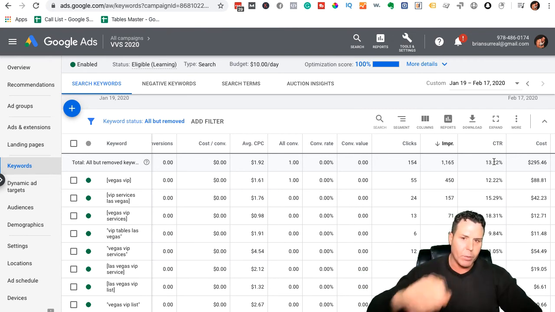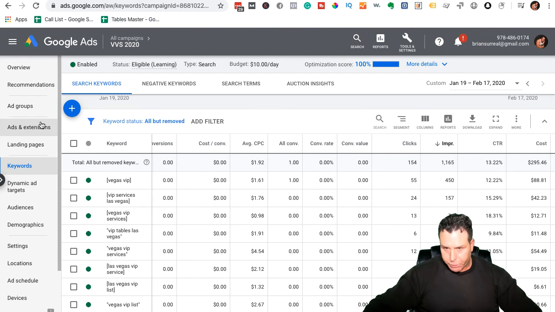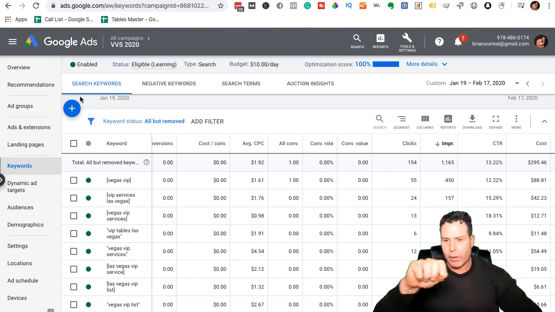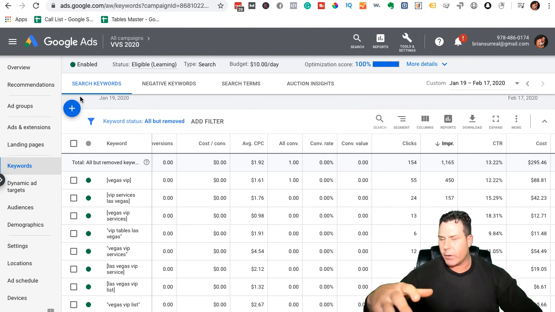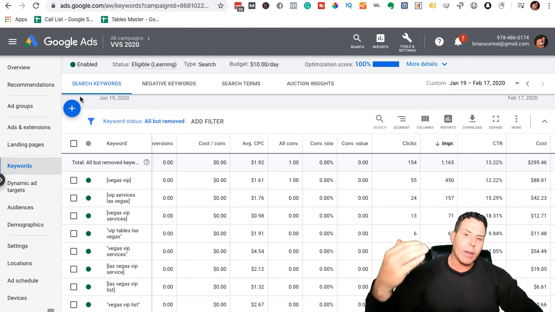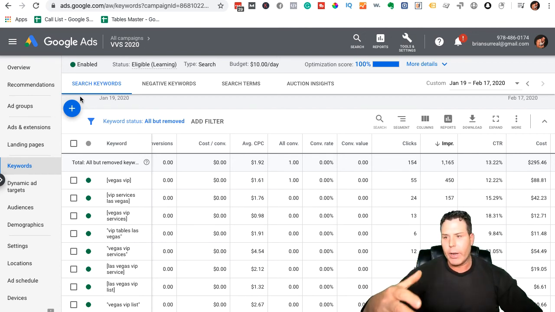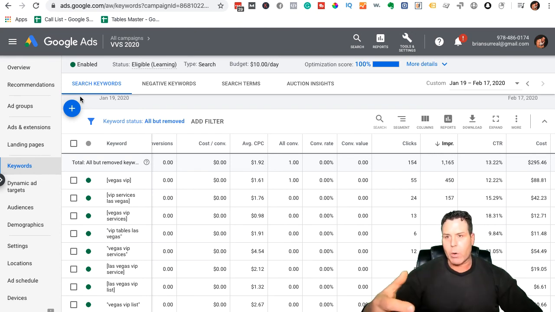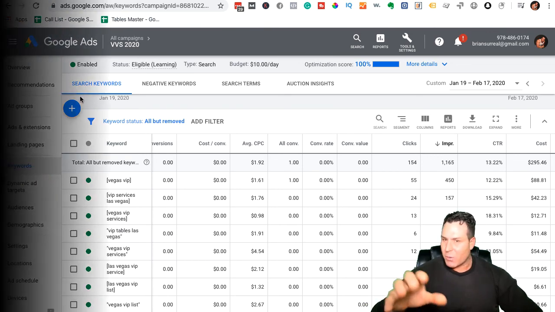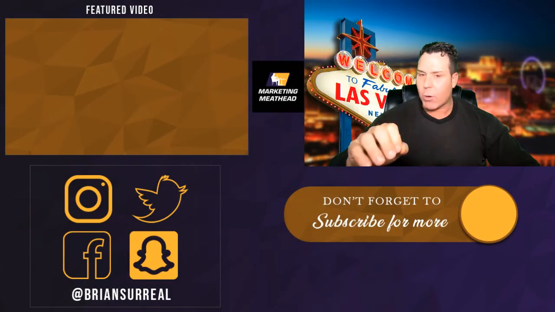And you're going to do what are called site link extensions, and you can actually put relevant site link extensions based on what they're searching. Okay, and I'm going to shoot videos on all this as I go along and show you guys what I'm doing. Hopefully in a number of weeks, now that my conversions are firing, and once I improve all my landing pages and my ads, my click-through rate's going to go up, and my conversions are going to go up, and Google's going to be able to talk to my analytics now. Things are going to start to really improve for me on here, and I should start seeing a lot more leads.